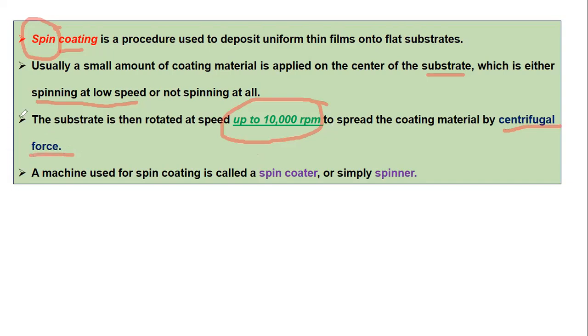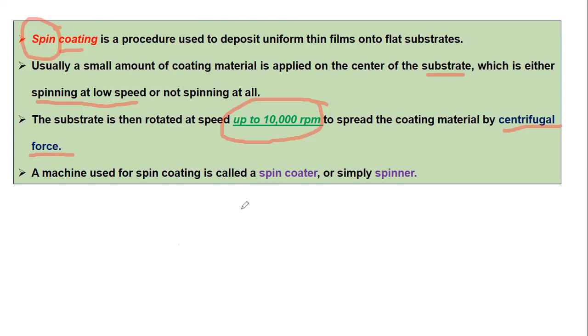As you know, during your 11th and 12th class you were already made aware of the centrifugal force. The centrifugal force is the apparent outward force on a particular mass when it is rotated. Whenever we rotate an object, the apparent outward force acts on that mass. This is nothing but the centrifugal force.